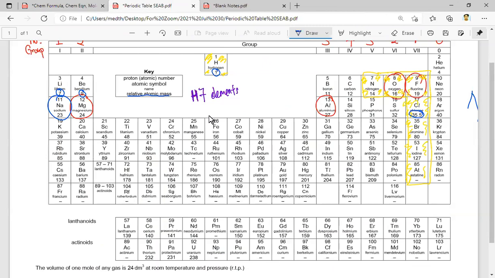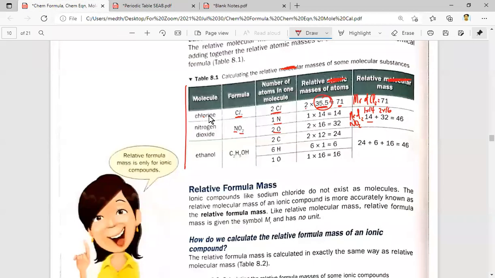So look at periodic table. Nitrogen, the mass is 14. Oxygen, the mass is 16. So that's why we got 14, which is the mass of nitrogen. We got 16, which is the mass of oxygen. So 32 here is actually 2 times 16 because of 2 oxygen. And that's how you get 46. If you know how to calculate the Mr, actually you can do quite a lot of questions in the exam. The last one, more tricky one, ethanol,